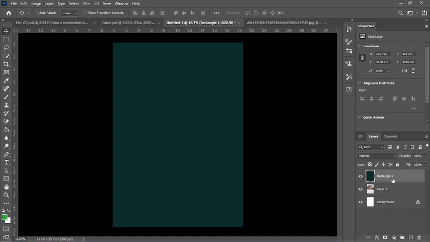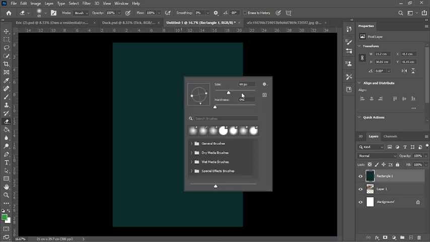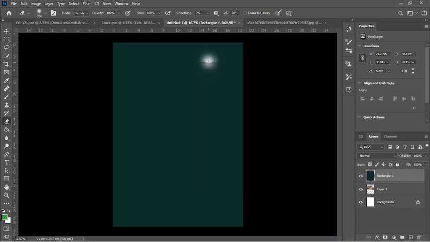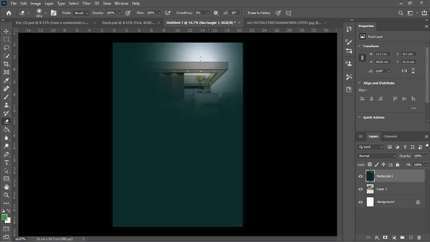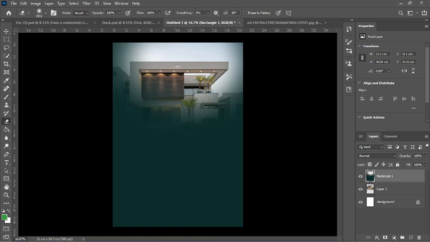So once I have it this way, now I can just go and pick my eraser. I'll choose the eraser tool, and I'll right click, then I will set how big I want the eraser to be, and I can start. This one is too small, so I will just make it a bit bigger, and with the hardness I'll choose 0, and I can start working on it like this. So I can just play with it, so maybe I get what I want like this. If this one is okay, that is fine. So once I get it like this,